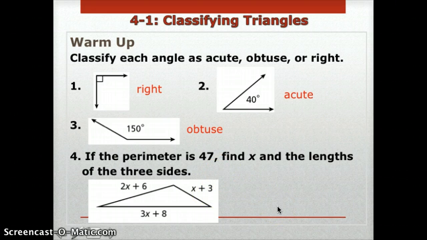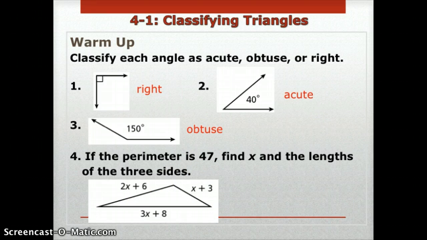It says if the perimeter is 47, find x and the lengths of the three sides. So I need to know what perimeter means. Perimeter is the distance around the outside, or all the sides added up. So if we added these three together and set equal to 47, you may want to try this on a